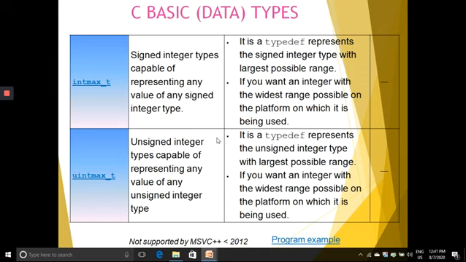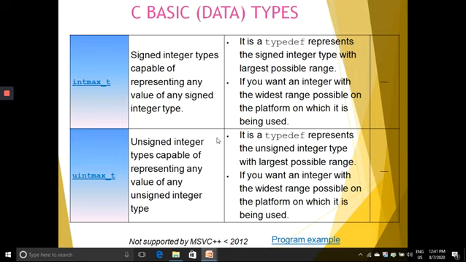And we have uintmax_t, an unsigned integer type capable of representing any value of any unsigned integer type. So we have two things: intmax_t and uintmax_t. The first one, intmax_t, is a signed integer type capable of representing any value of any signed integer type.